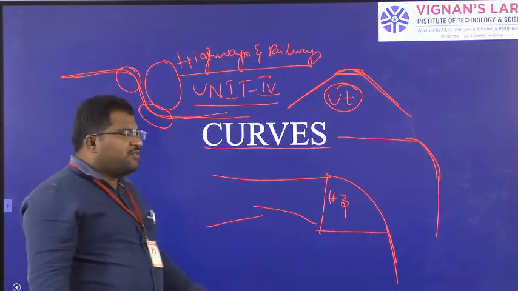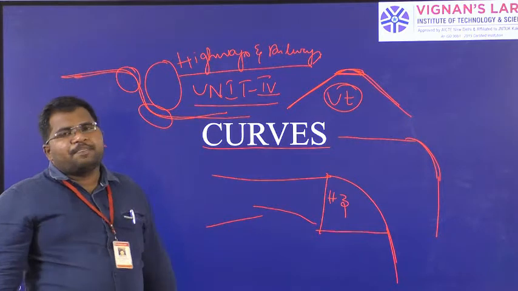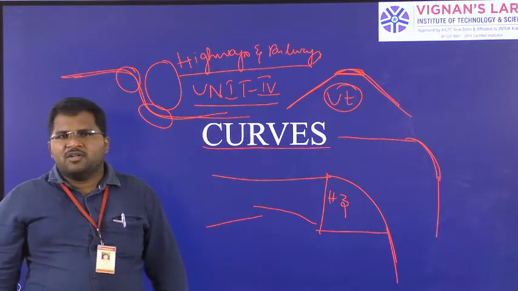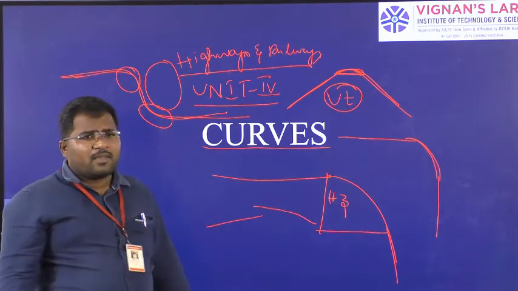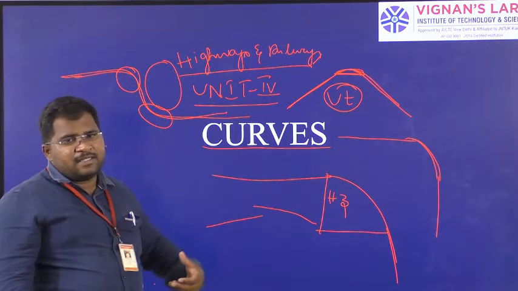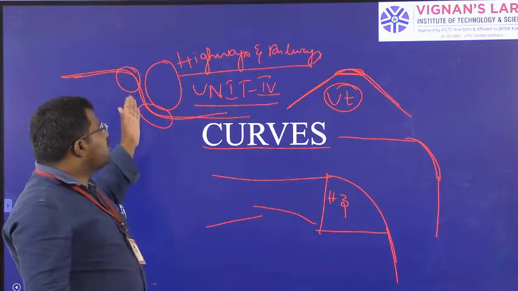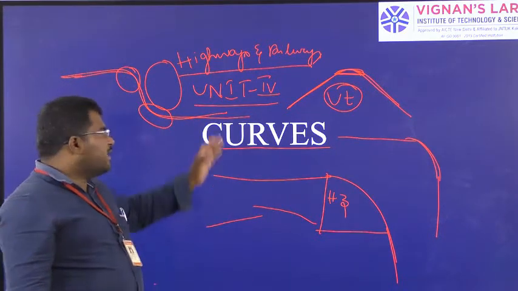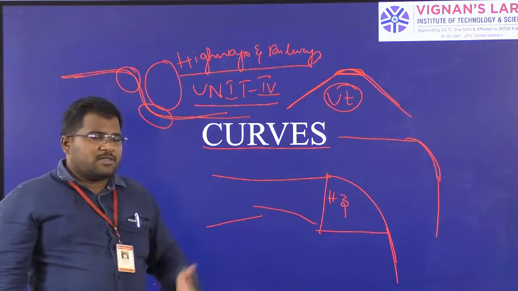Why? Because if you are crossing the curve, you need to reduce your velocity. Otherwise, you are going to fall due to centrifugal force. So you have to design the curves in a civil engineering design manner with some specifications, so that the road safety will be good. Railways also design curves according to the rules and specifications.